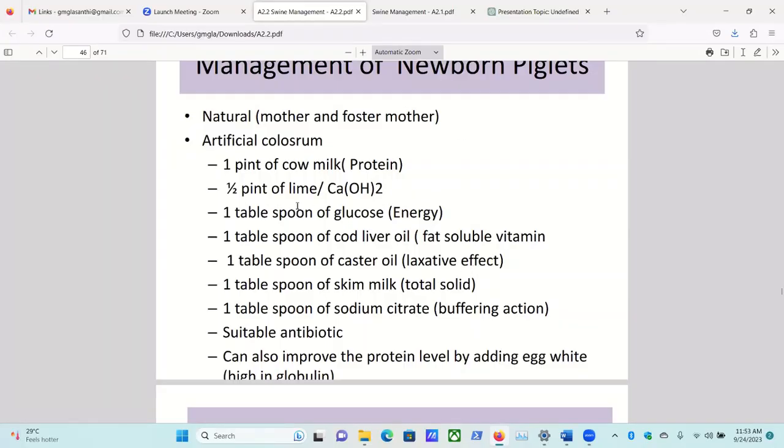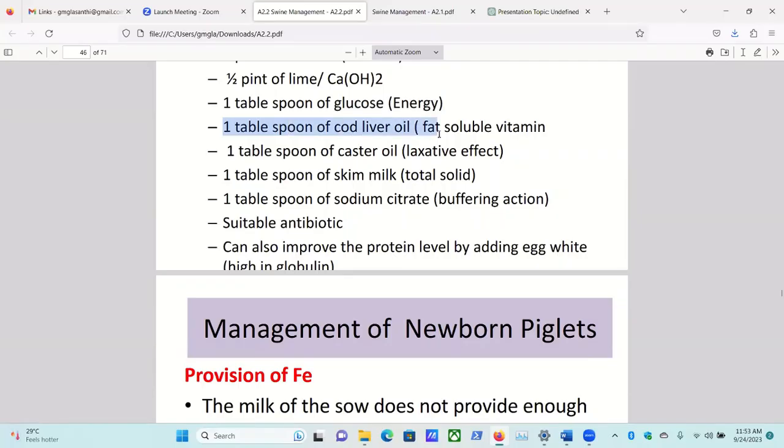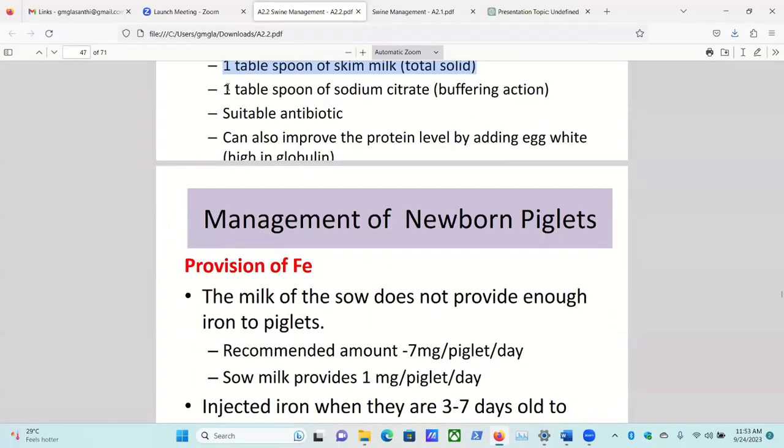1 pint of cow milk, 1 pint of lime, calcium hydroxide, 1 tablespoon of glucose to supply energy, 1 tablespoon of cod liver oil to supply fat and solubilize vitamins, and 1 tablespoon of castor oil to add some laxative effect, and 1 tablespoon of skim milk to add to the total solids of the milk, and 1 tablespoon of sodium citrate to obtain buffering action. Buffering action means maintaining pH at a specific